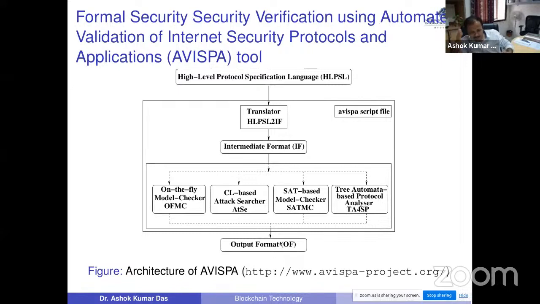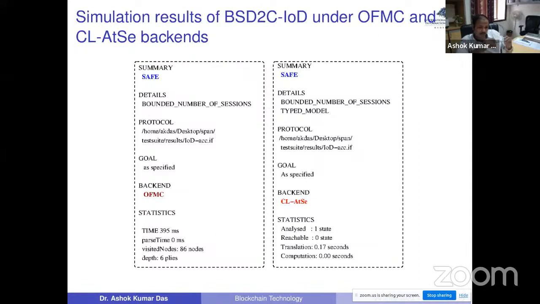If the scheme is unsafe, then this tool has the beautiful property that it will give the trace of the attack. In which portions of the message the attacker has been able to change, how your scheme becomes insecure, all these things will be described very elaborately. Otherwise, if it is safe, the results will say that it is safe, along with statistics and everything.